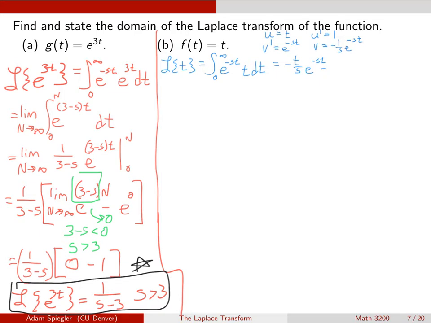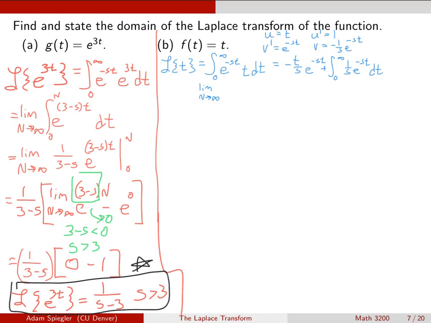So because I have this negative sign over here, I can combine it with the negative sign from the integration by parts. So I'm going to add to this the integral from 0 to infinity of minus 1 over s times e to the minus st dt. And actually, I just remembered I put the negative sign in front. So this negative combined with the negative from integration by parts to get a positive there. And so now we're going to take the limit as the upper limit n goes to infinity